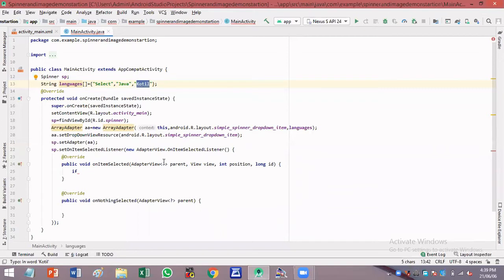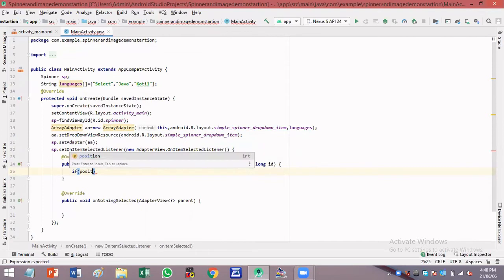Here in public void onItemSelected, you can see there are some parameters to this function, and one parameter is position. As soon as the item gets selected from the spinner, the position of that item will be automatically generated, and it is stored in this position variable, which is of integer type. So now I'll check the value of that position variable. Based on that value, I'll make an appropriate decision.